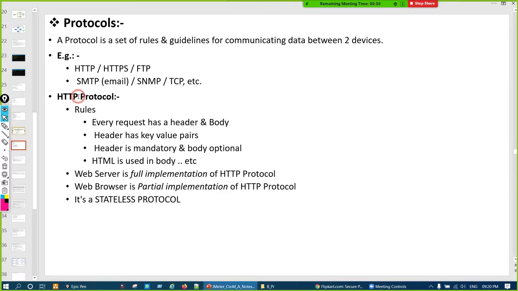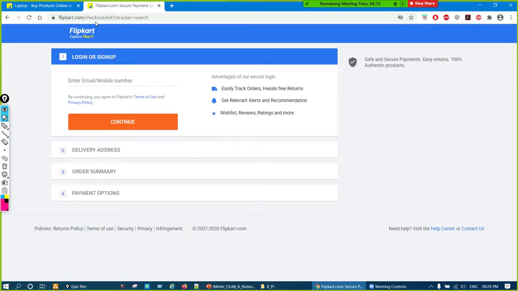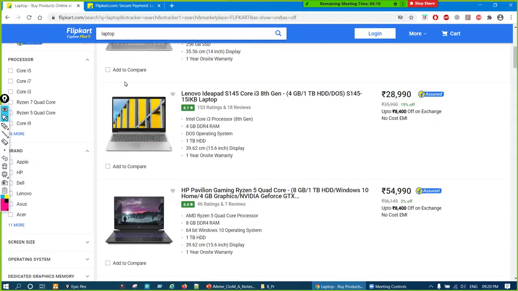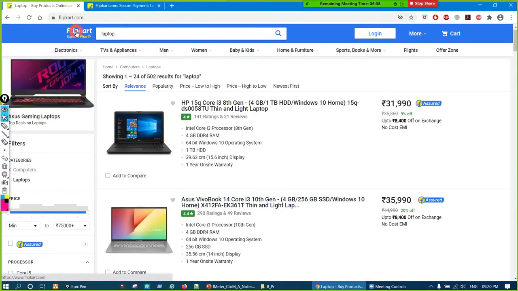In this, generally we will be working on the HTTPS protocol. And what is this HTTPS protocol? This protocol is used in the communication between the browser and the server. Browser and the server means this Flipkart application, this website, is a server.